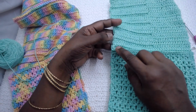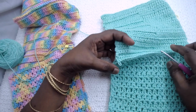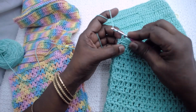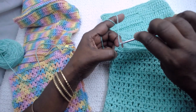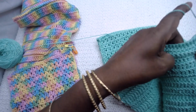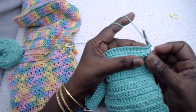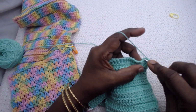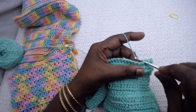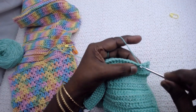I have joined my last stitch to the last front loop where we had marked with the stitch marker, that row. Now chain 1 and turn. What we are going to do is row 43. 43 is a simple row of SCs. Place one SC in the very first stitch, one SC in each stitch across, and at the end you should have 36 single crochets, because that's very important,